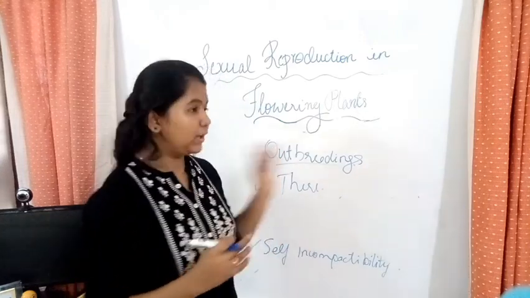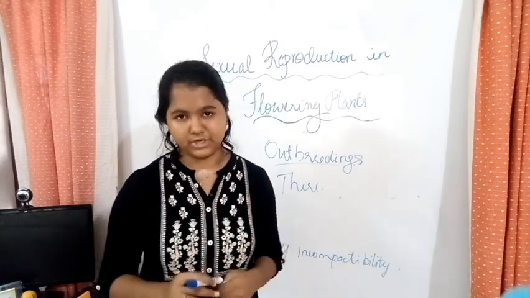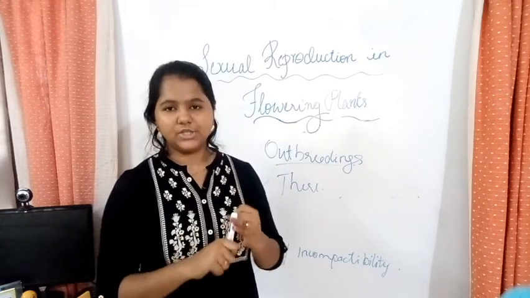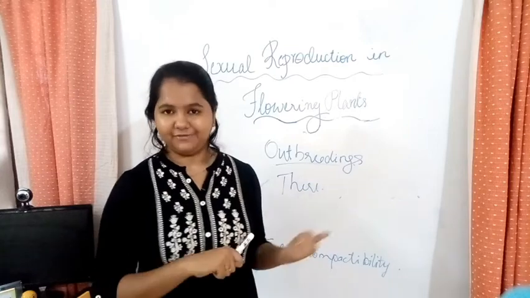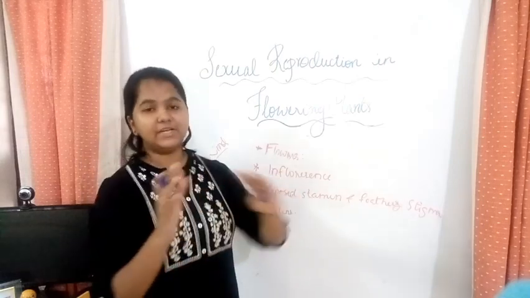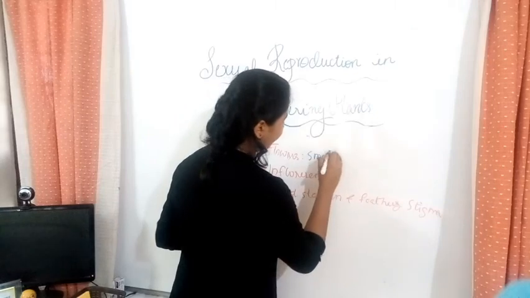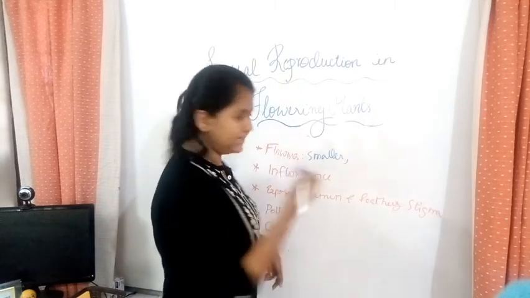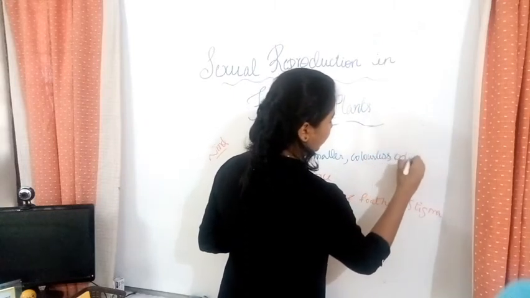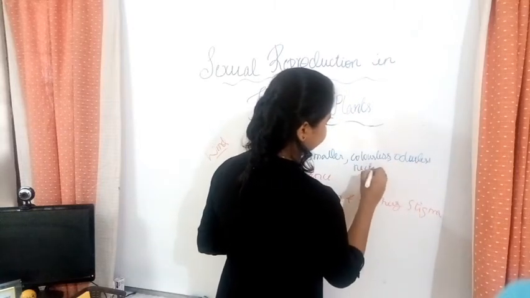Now we learned about pollination, and I told you in some cases we need pollinators or agents for pollination. So let's see what all the agents are. We have three agents to learn. It is wind, water and insects. So let's learn about all of them now. So now we'll be discussing the wind pollinators. So first we'll discuss the plant. The flower of that plant would be small, it would be colorless, odorless, nectarless.